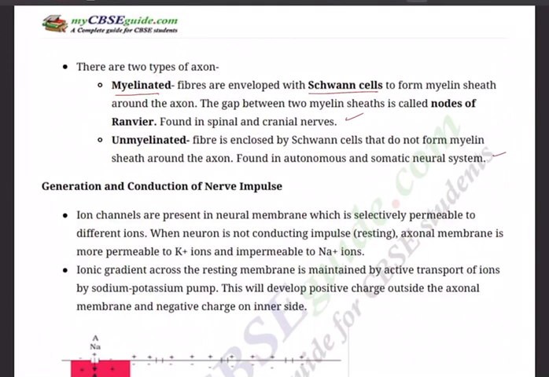Then once you understand the structure of neuron, then we go to the next topic, that is generation and conduction of nerve impulse. So what is an impulse? What is electromagnetic impulse? How electromagnetic impulse can be created within the neuron, and from one neuron to next neuron, how it should travel. What are the chemicals required there? I said neurotransmitters. What is the role